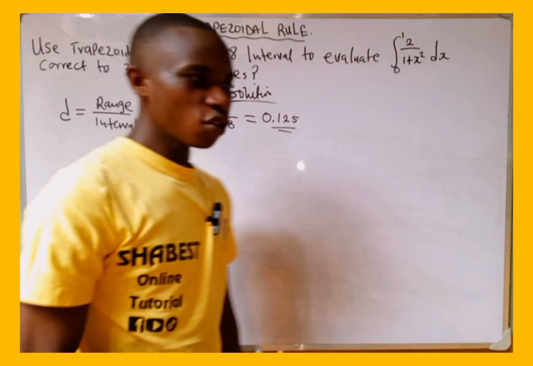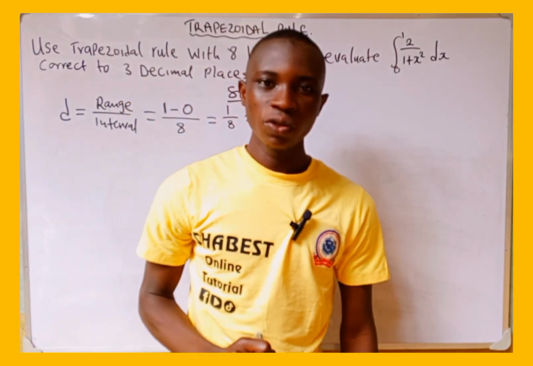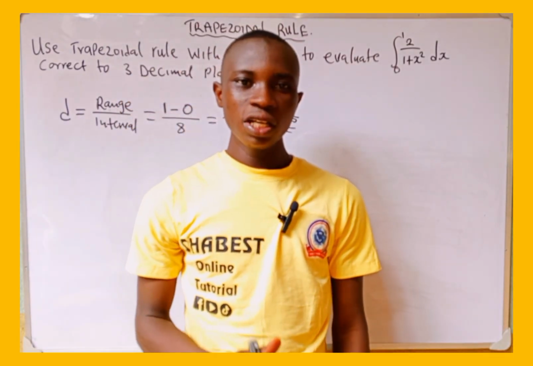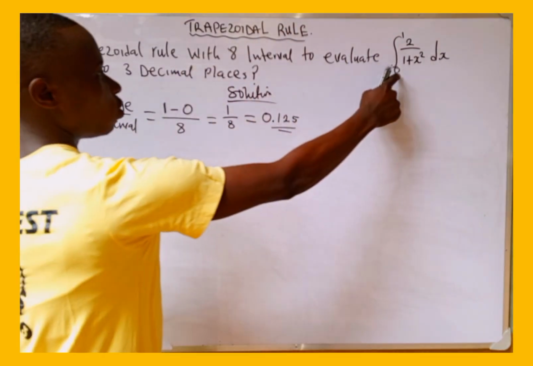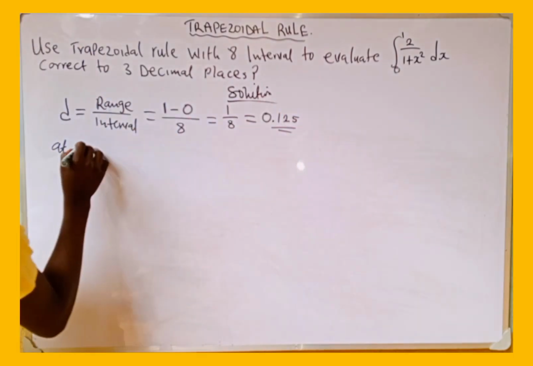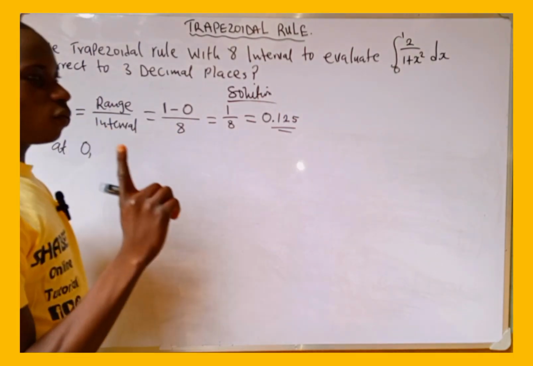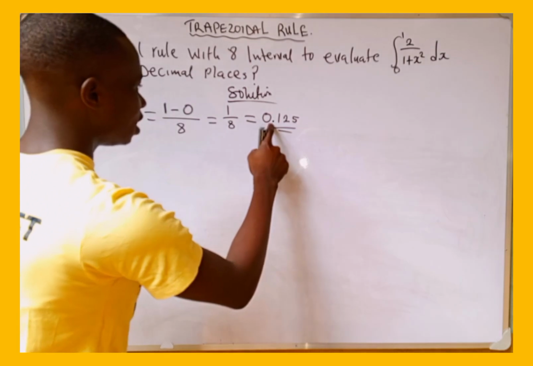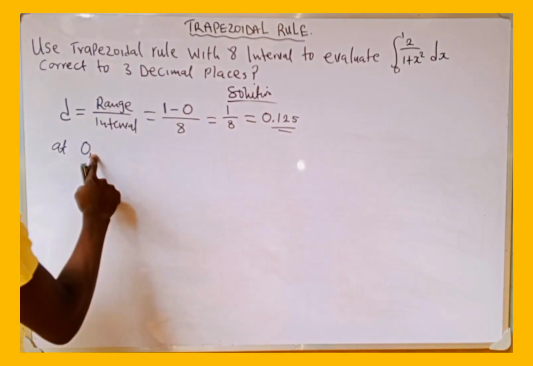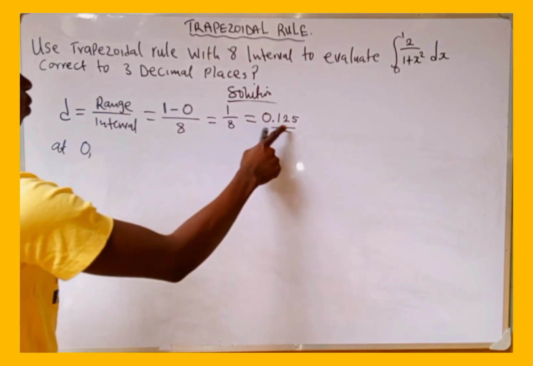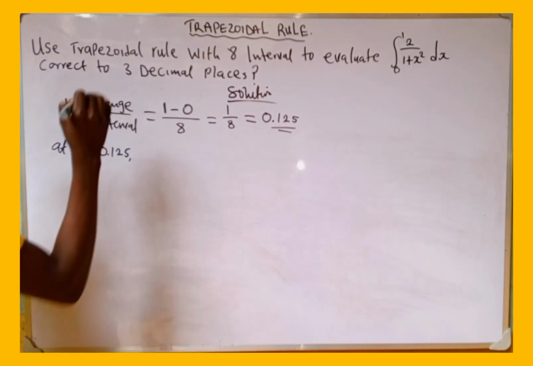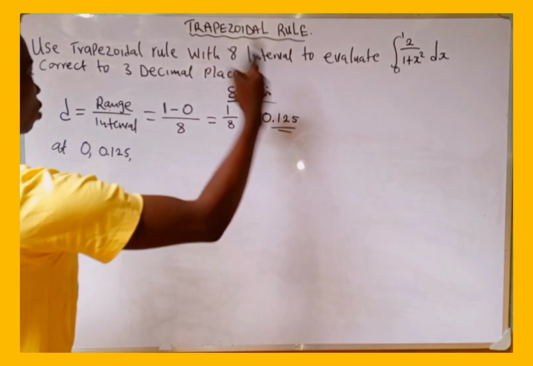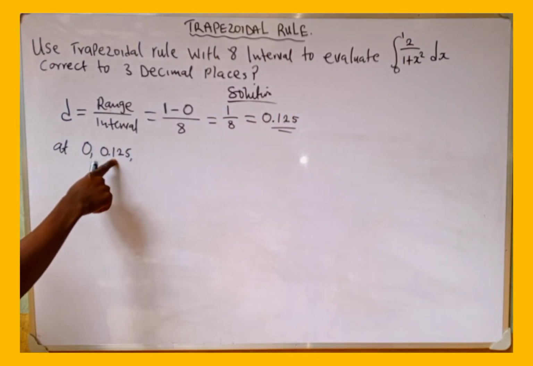After getting the width of the interval, the next thing we are going to get is the ordinate. The first ordinate is what? 0, which is the lower limit. You write the lower limit, which is 0, comma. Then the next thing we are going to do is add the width of the interval, which is 0.125, to the lower limit. If you add 0.125 to 0, it's going to give us 0.125, comma, and also add 0.125 to this 0.125, then it's going to give us